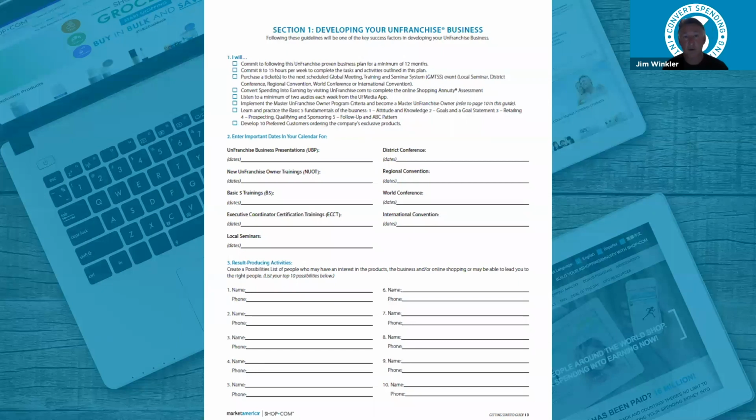Listen to a minimum of 2 audios per week from our unfranchised media app. And I'll say, okay, hold my phone up, and I'm going to say, what I'd like you to do is download that app right now, and let's get it on the phone, and let's make sure, because you can start listening to it immediately. Bill, here it talks about implementing the Master Unfranchised Owner Program, and I know you don't know what that is yet. We're going to talk about it as we go through this, but that's sort of the gold standard of what we want to do,